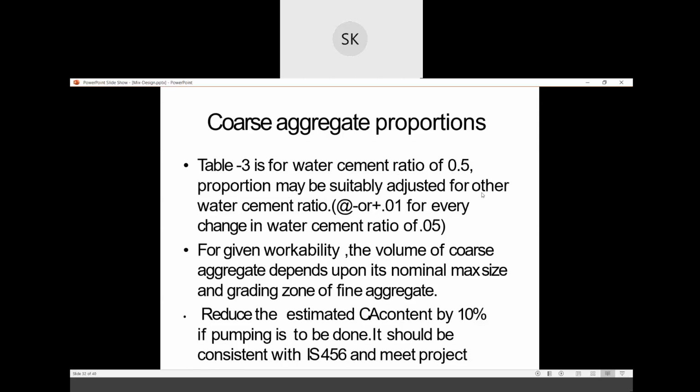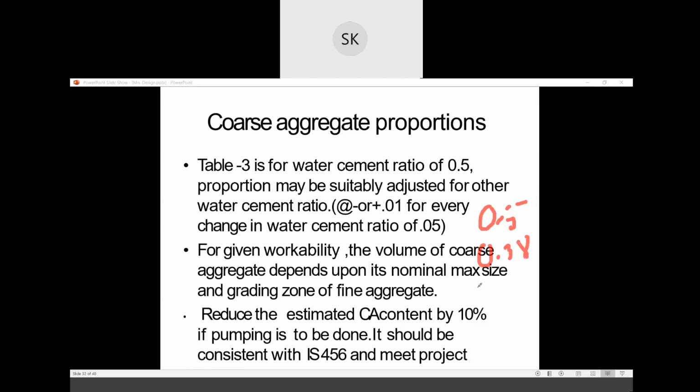Proportion may be suitably adjusted by 0.01 for every change in water cement ratio of 0.05. So from 0.5 minus 0.38, how much is the difference? 0.12, right?